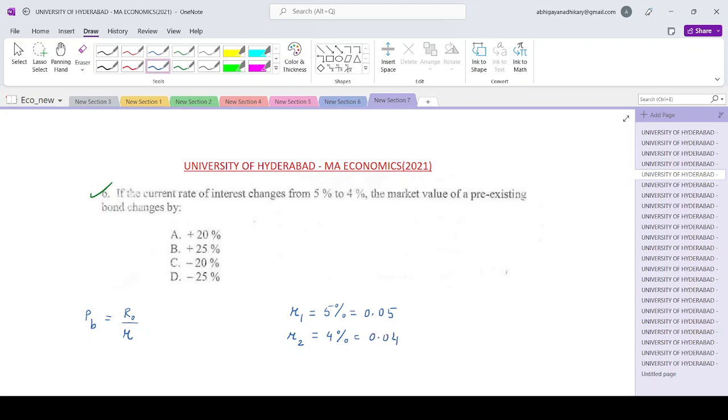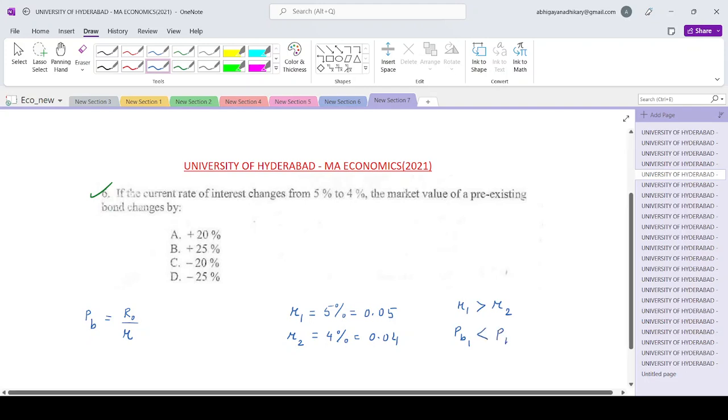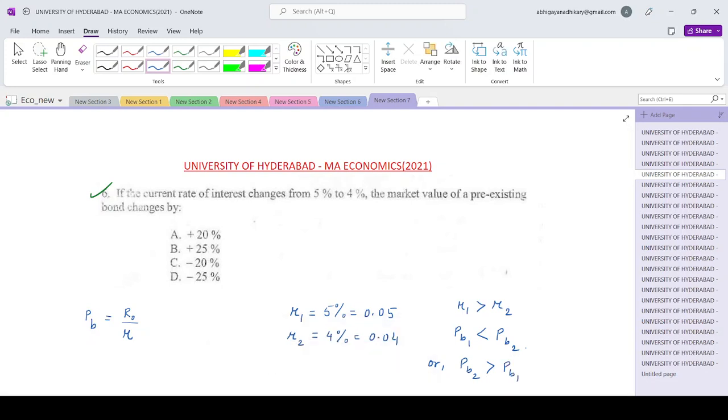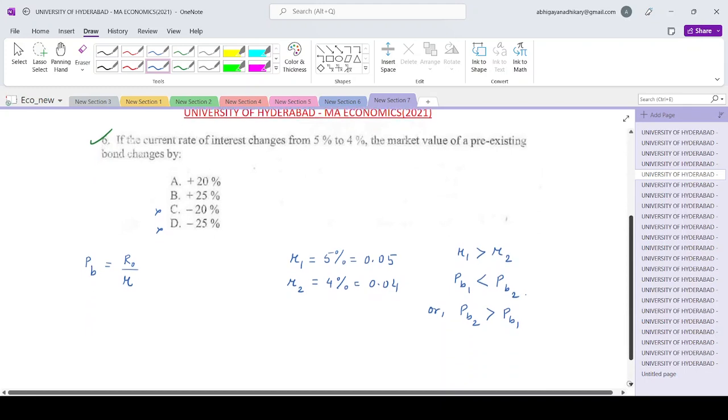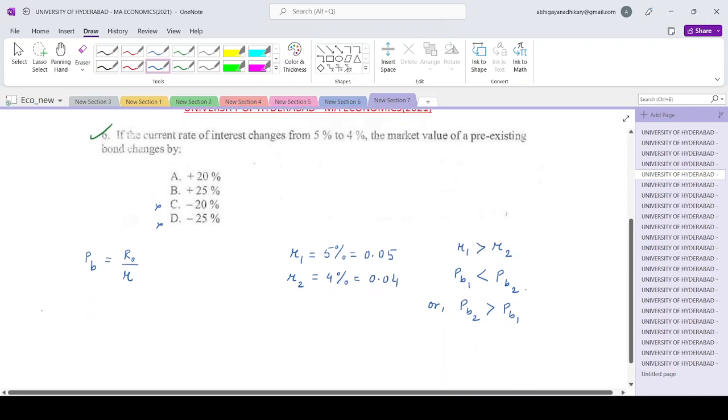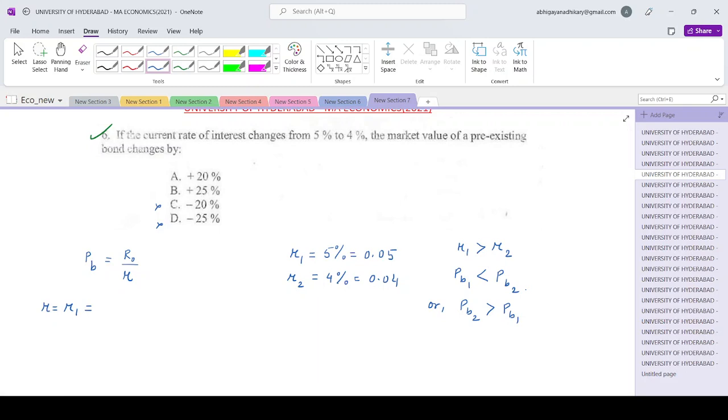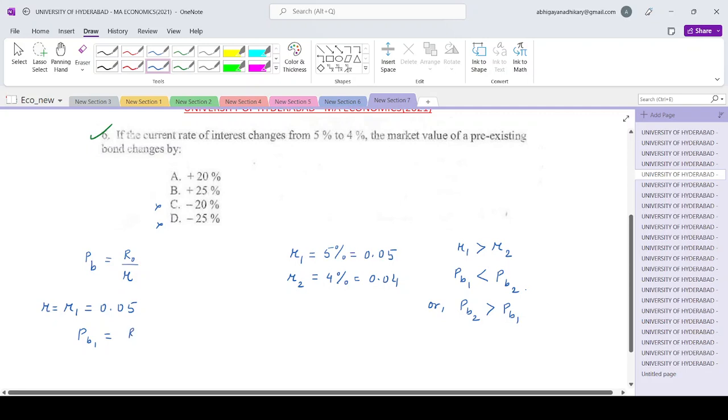So now one thing is clear, that since r1 was greater than r2, the bond price in period 1 is definitely lesser than the bond price in period 2 because of the inverse relation. So the bond price in the present period, that is PB2, is greater than the bond price in the earlier period. So definitely there has been an increase. So the last two options will not be applicable. So with r equals r1 equals 0.05, PB1 is basically R0 by